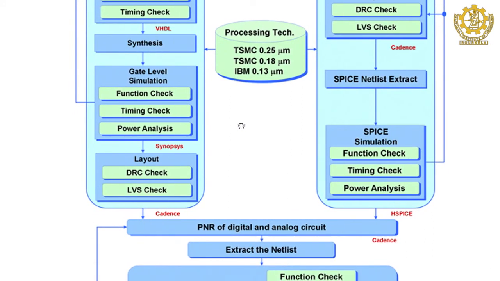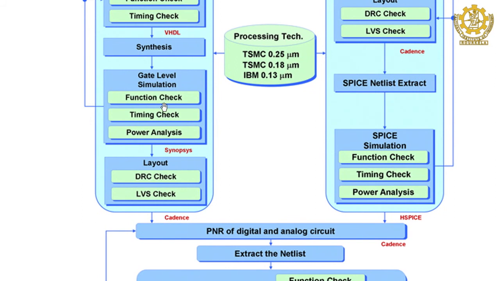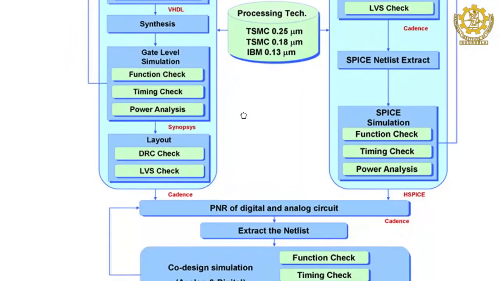That gate level netlist again has to be verified for a functionality check, followed by a timing analysis check. You can do static timing as well as dynamic timing, and you also have to verify the power analysis. If you are working for a portable device and the power of the IC is very high, then your design will not meet the market requirement. This entire process will take time also, so there is very little chance of making mistakes, else you will lose the market directly.